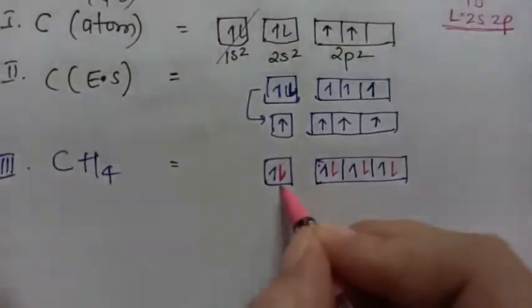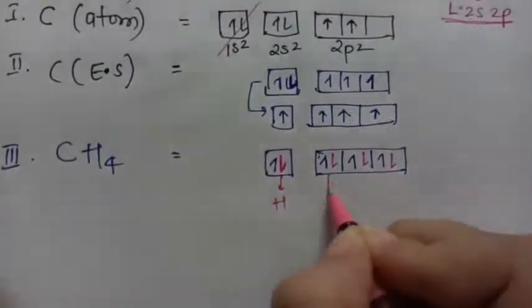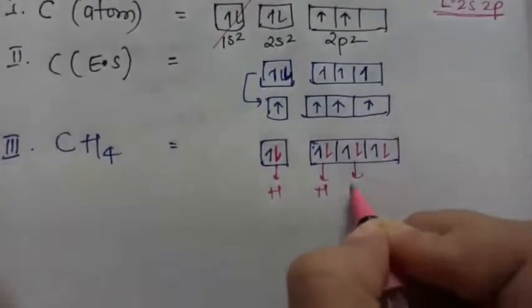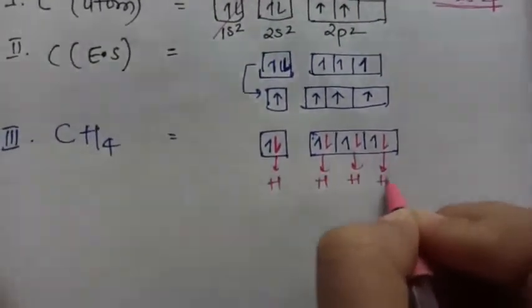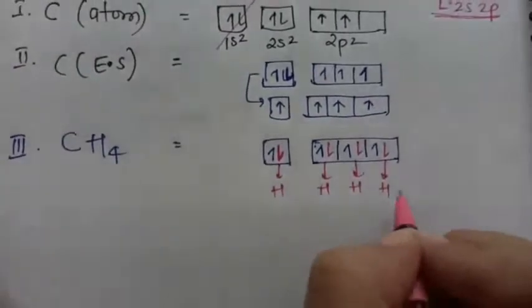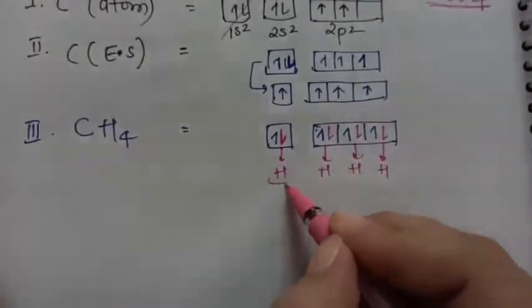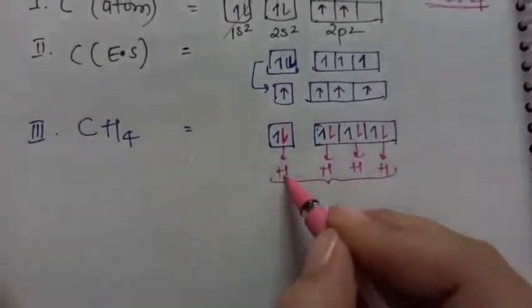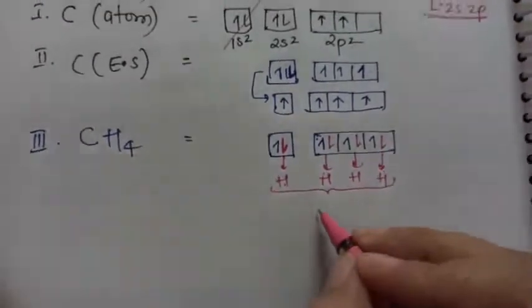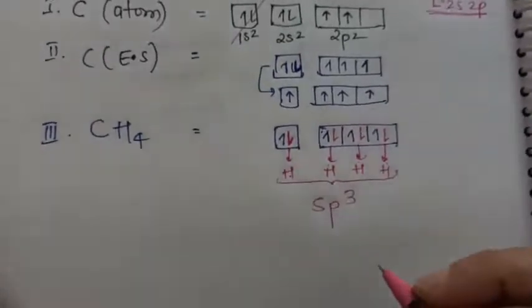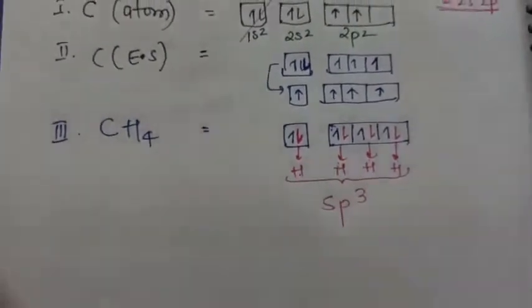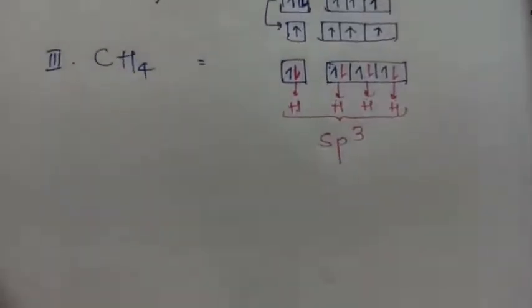So I hope this is clear. One hydrogen came here, the other came here, with the orbitals intermixed. So this is how the orbital of hydrogen got mixed with the orbital of carbon. And this is called, can you see, s p p p. So 3 times p, so sp3 hybridization. So this is how the hybridization is worked out.